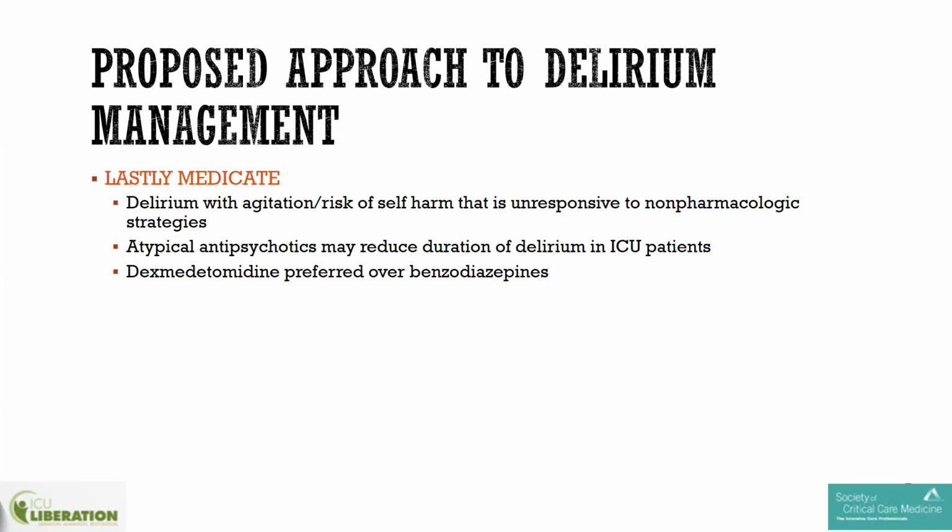So things we talked about when you're worried they're going to potentially self-extubate or pull out lines or cause harm to themselves, then obviously pharmacological management is definitely indicated. And as we talked about, atypical antipsychotics, specifically quetiapine, may potentially reduce the duration of delirium, and dex is preferred